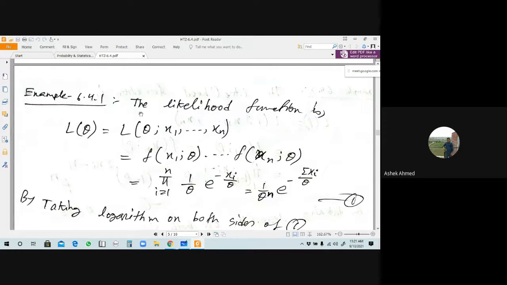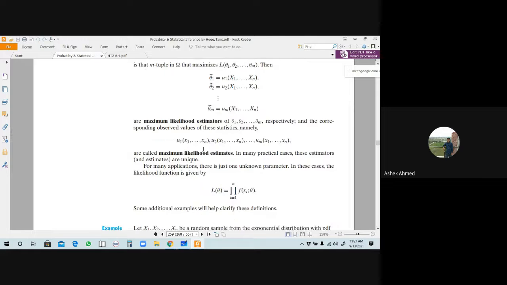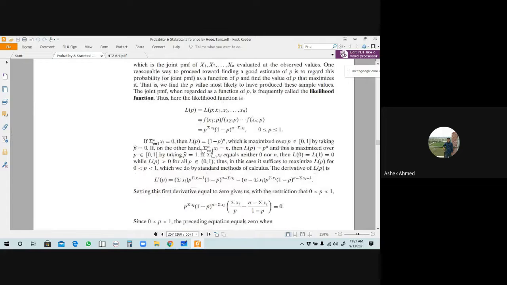So the maximum likelihood function will be L of theta equals to L of theta semicolon x1 dot dot xn, which we can write in this way, that we have already discussed for one parameter's maximum likelihood estimation. Okay, এই concept apply করা হয়েছে।